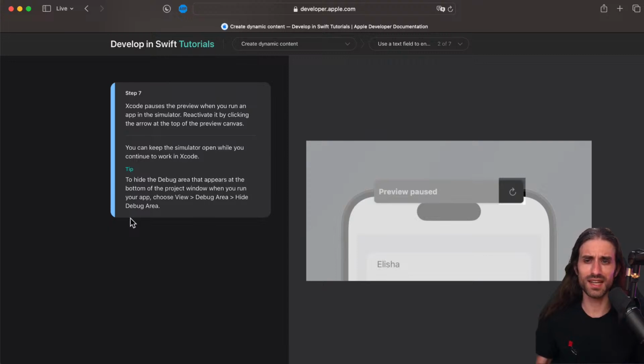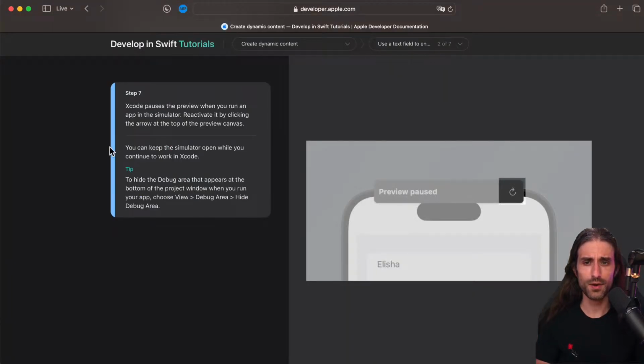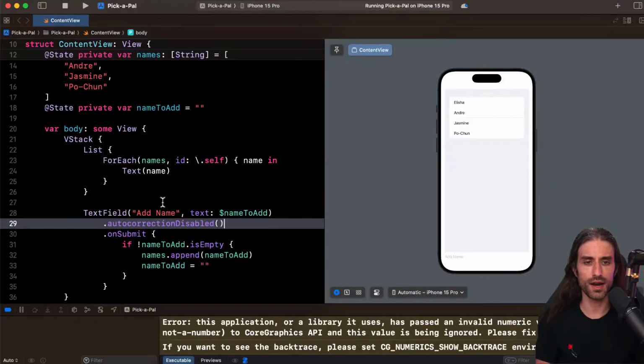So step 7, they tell us that Xcode pauses the preview when you run an app in the simulator. To reactivate it, click the arrow at the top of the preview canvas, so right here. You can keep the simulator open while you continue to work in Xcode, and tip: to hide the debug area that appears at the bottom of the project window when you run your app, choose View, Debug Area, Hide Debug Area.